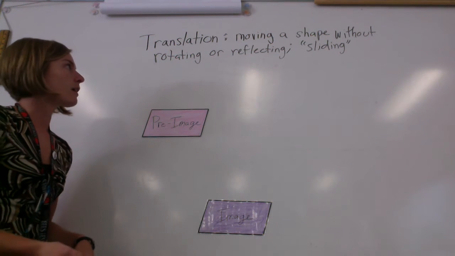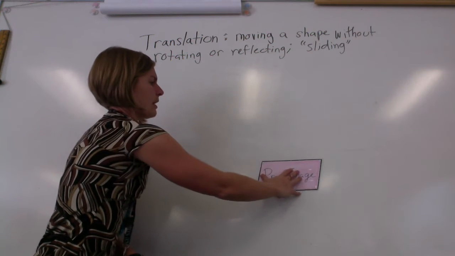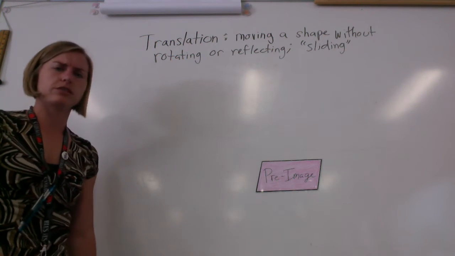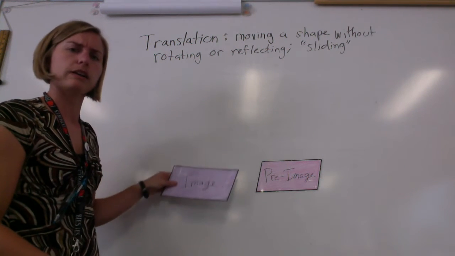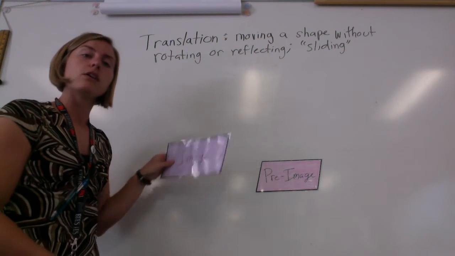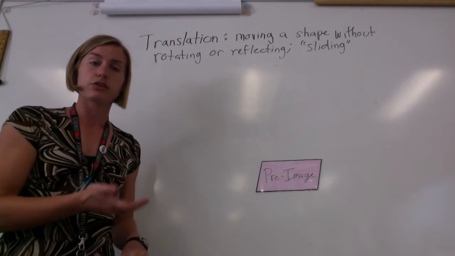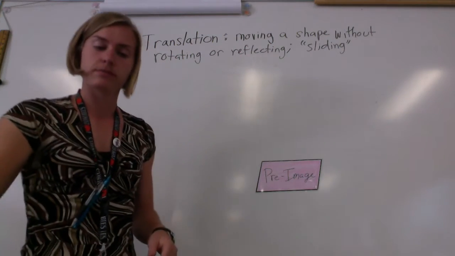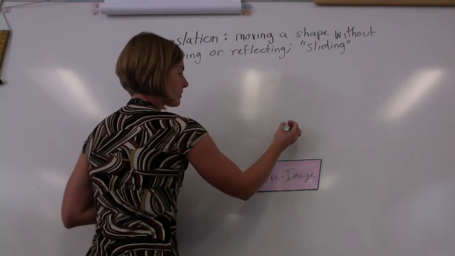Okay? Now, if I give you a shape, and I ask you to translate it, well, you don't know what to do. I mean, that image could kind of go anywhere. As long as we don't rotate it, there's kind of anywhere that it could end up. So we use what's called vectors to tell us how far and in what direction to translate something. So let's say I want to translate this image by